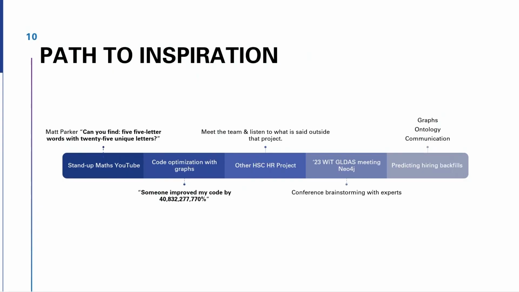All right, I really like a lot of math on YouTube. You'll catch that theme here in my presentation. One of them is stand-up comedian and math educator Matt Parker. He's notorious for his bad Python code. He is very upfront about that. So when he posed this problem of, can you find five-letter words with 25 unique letters? All right, this might be a familiar problem to some of you that enjoy word puzzles. It took him almost a month to run his code.